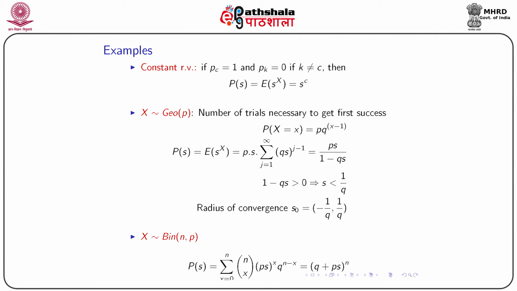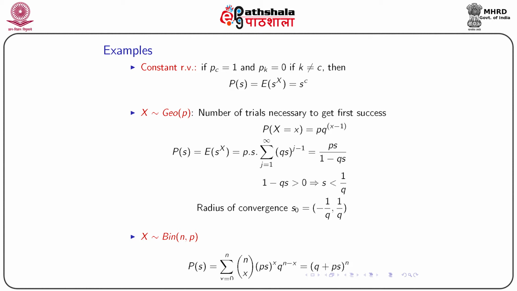Now if we consider x to be a random variable which follows a geometric distribution with probability p, we can think about a situation where we need the number of trials necessary to get the first success, and we know that this can be modeled using a geometric distribution. Now for this, the probability mass function, or the probability x is equal to x, is pq to the power x minus 1. So we need x trials to get the first success. That means x minus 1 trials resulting in failures. So that's why q to the power x minus 1, and then we'll have a success p.